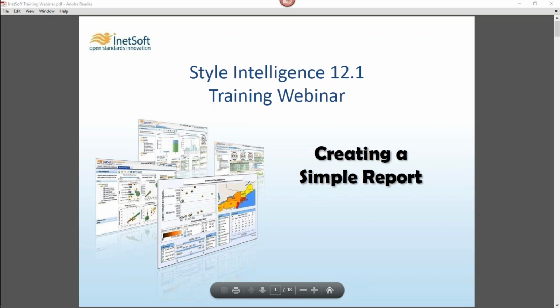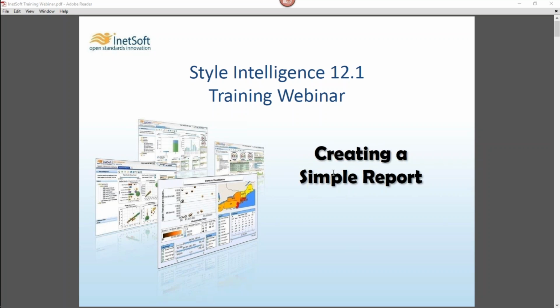Today's topic is creating a simple report, and this might be our first reporting topic. All the other topics, I believe, that we did over the past couple of years were all related to dashboards and some related to data manipulation. So we did a lot of work in the Visual Composer, creating dashboards and looking at all different aspects of dashboards, and we did some work, I believe, in a data worksheet where you can do data manipulation and mashup. I don't think we've done any report design, and so today will be the first introduction to that.